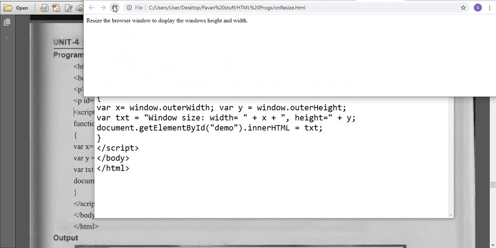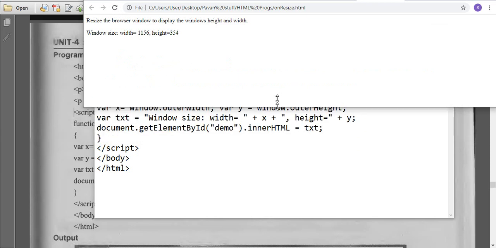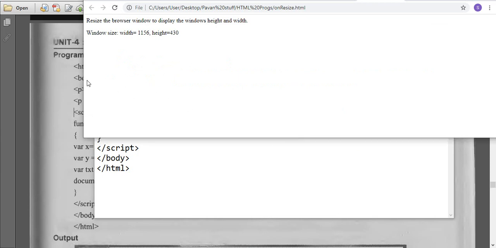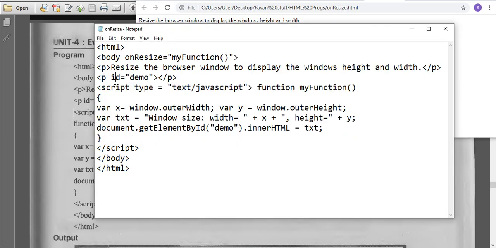Now we'll check. Yeah, now you can see the height is increasing and decreasing. If I resize, the width is increasing and decreasing. The mistake I made here was that I didn't mention the spaces. So it will give you the outer width and the outer height.